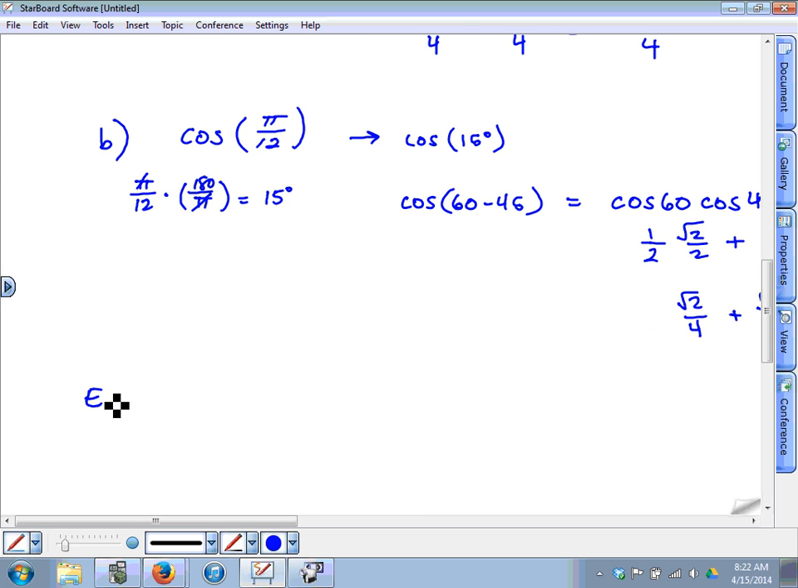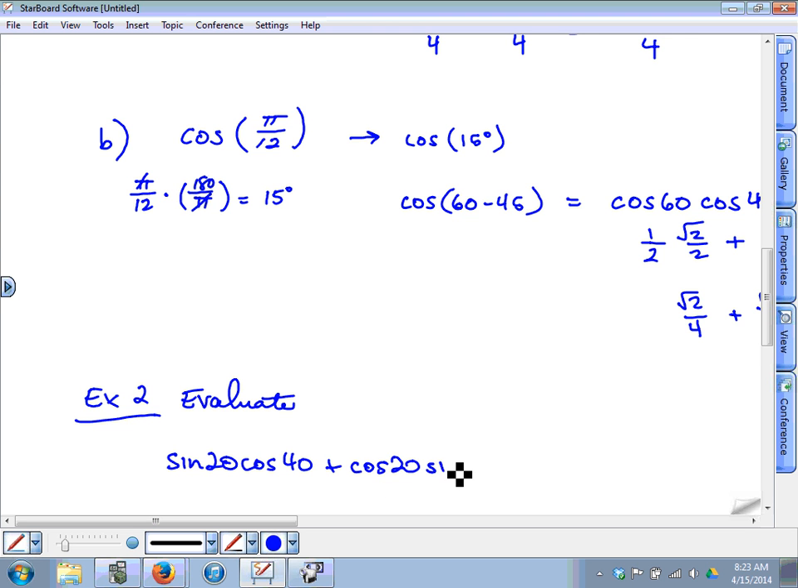Example 2. Evaluate. Sine 20 cosine 40 plus cosine 20 sine 40. Now individually none of those are special angles, so you can't evaluate them by hand, but if you